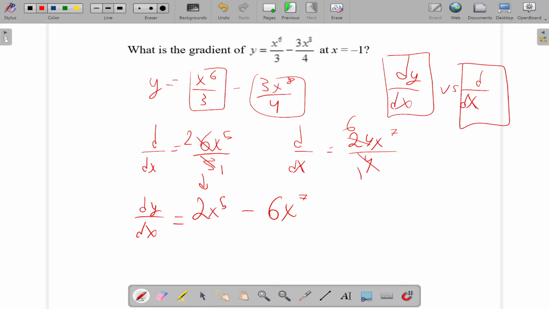Now, what we're going to do now, very easy. We're going to do x equals -1. So dy by dx is going to equal 2 into -1 to the power of 5 minus 6 into -1 to the power of 7. Okay, now you can do this on a calculator, and if you have the chance, why not? So it's going to be -2